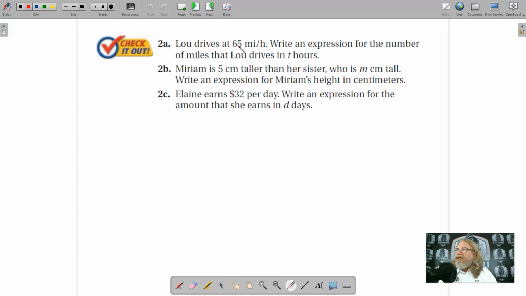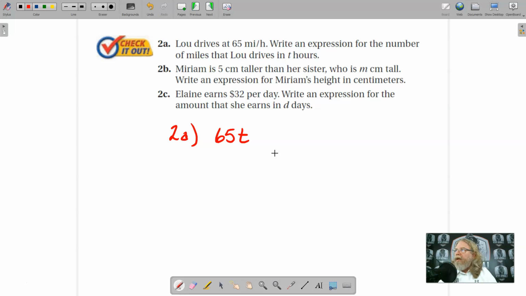So Lou drives 65 miles an hour. Write an expression for the number of miles that Lou drives in t hours. So every single hour he's going 65 miles, so we would add 65 plus 65 plus 65. And if you're saying that's multiplication, you would indeed be correct. So for 2a, we would write that algebraic expression as 65 times t, the number of hours that